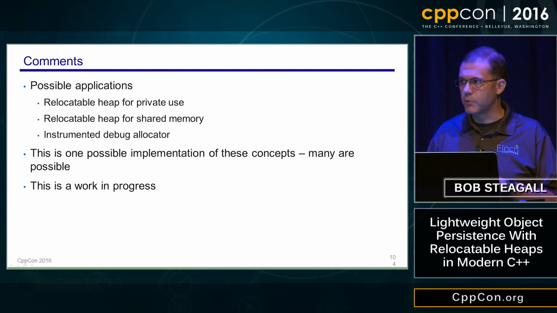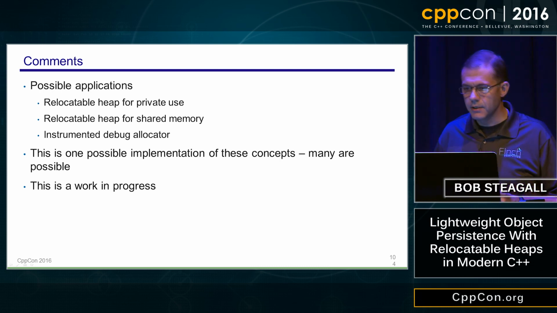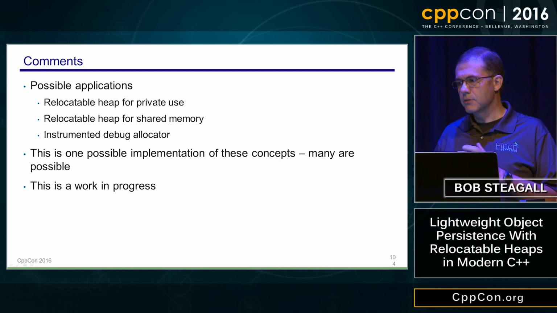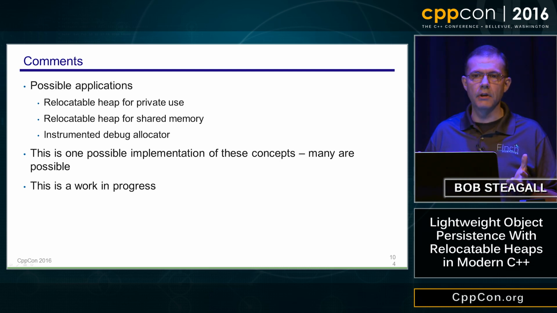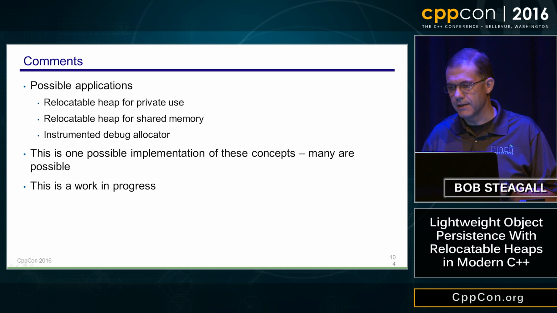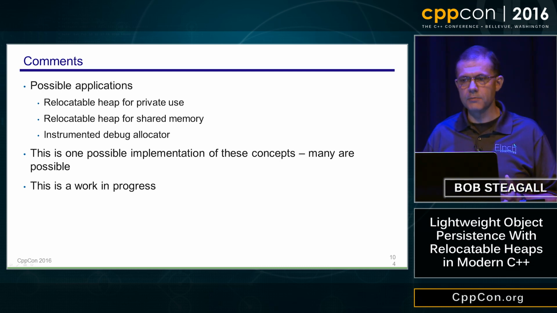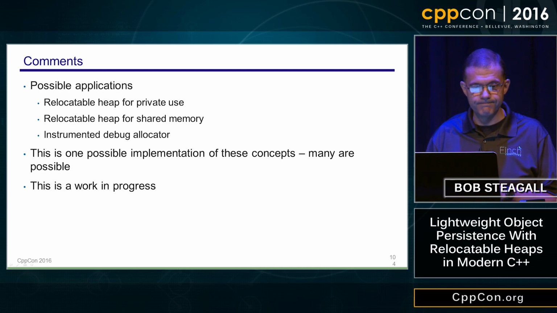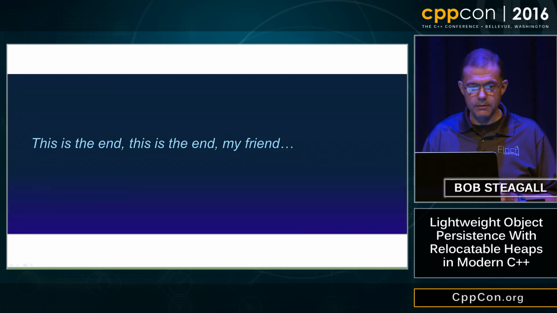Finally, this is a work in progress. And I will say that I've tested this. I've done some light testing with Clang and Visual C++. And Clang and libc++ is pretty good at its allocator-aware containers. So far, all of my tests pass. With Visual C++ 2015, Update 3, all of the tests pass except for one. And that has to do with std::map. So other than that, I think this is the end.